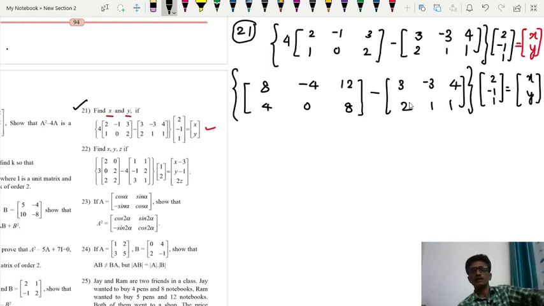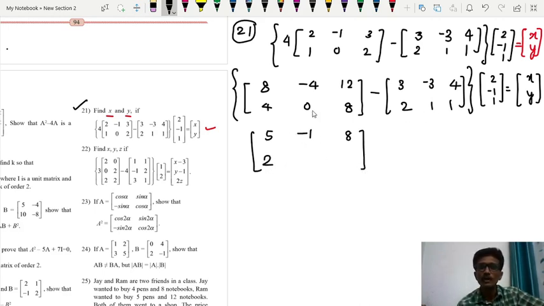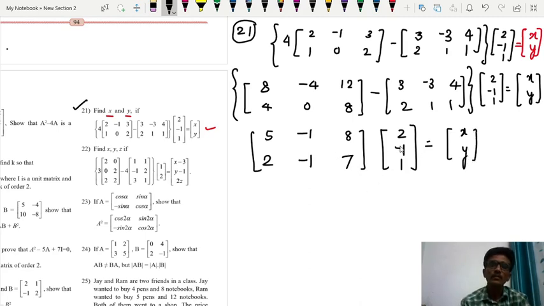तो सबसे पहले हमको ये सब्ट्रैक्ट करना है करस्पॉन्डिंग एलिमेंट्स. 8 माइनस 3 विल गिव अस, सी हियर द मैट्रिक्स 5 माइनस 4 प्लस 3 इट इज माइनस 1 12 माइनस 4 8. सब्ट्रैक्ट कर रहे हैं हम. 4 माइनस 2 दैट इज इक्वल टू 2, 0 माइनस ऑफ माइनस 1. ओके, इट इज माइनस 1, 8 माइनस 1 दैट इज 7. वी आर गेटिंग दिस आफ्टर सब्ट्रैक्टिंग. यहाँ से मल्टीप्लाई करना है इसके साथ. वी विल मल्टीप्लाई विद द मैट्रिक्स एंड दैट इज इक्वल टू द इक्वेशन इज दिस एक्स वाई कॉलम मैट्रिक्स. हाँ, दिस मल्टीप्लाई दिस. हाउ वी मल्टीप्लाई इट? रो इंटू कॉलम, फर्स्ट रो इंटू कॉलम एंड सेकेंड रो इंटू कॉलम.